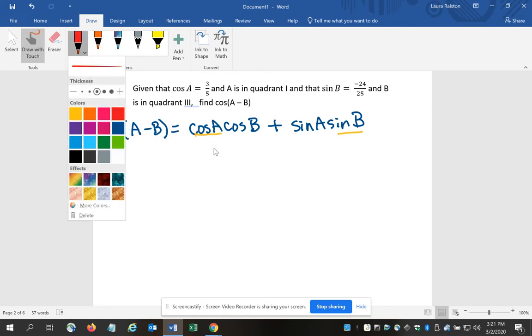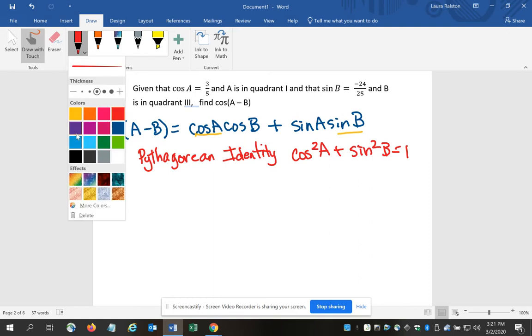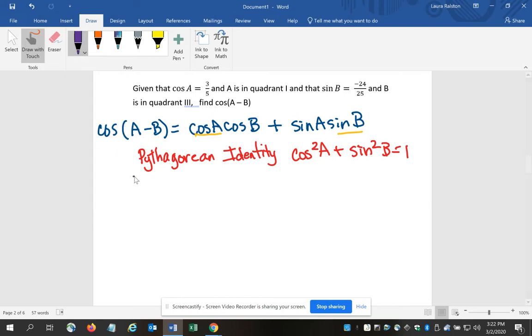Okay, so I'm going to use my Pythagorean identity twice, so that I can find the two pieces that I'm missing within my formula. So if I start out trying to find the sine of A,